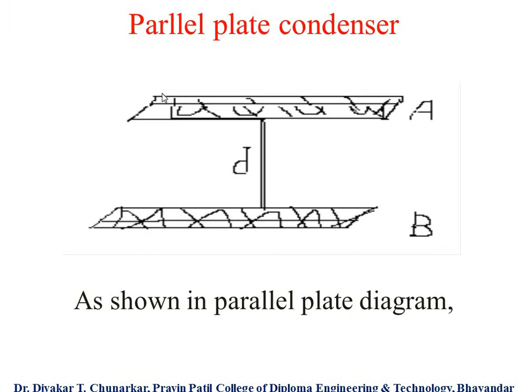Here these two plates are parallel to each other and you have to use coating material. First you have to use these two plates and keep the material in between the two plates to determine the capacitance of that material. The parallel plate condenser is used to determine or to calculate the capacitance of the given material, keep in your mind.